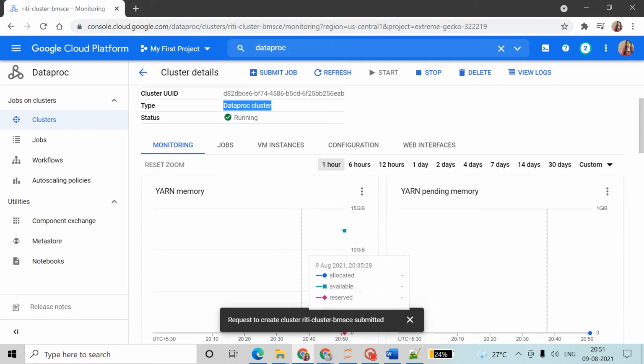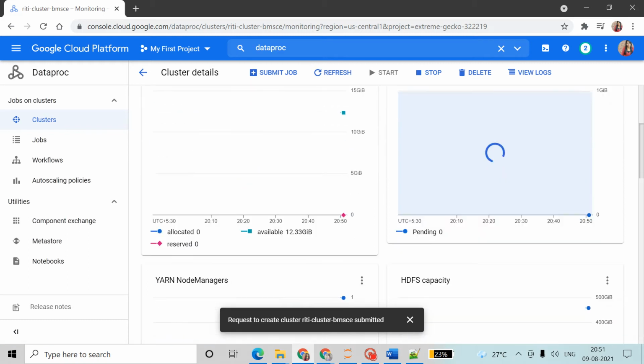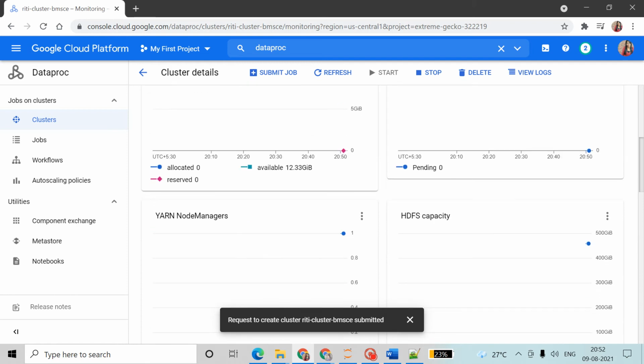Later we will get that, because now we created only the cluster and haven't worked on it yet. So for now in monitoring we saw the storage and memory they are providing us to work. See here, it is written available 12.33 gigabytes. So much it is.